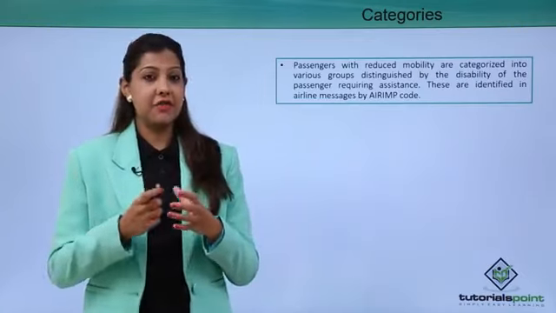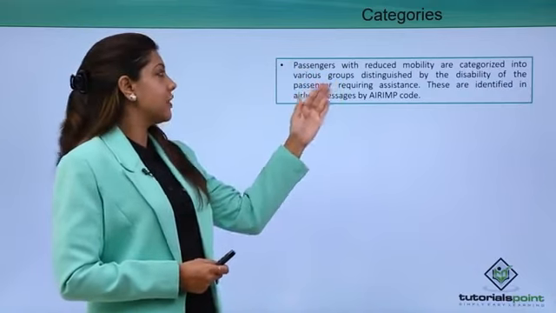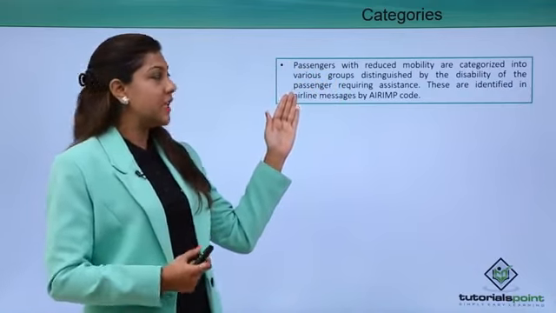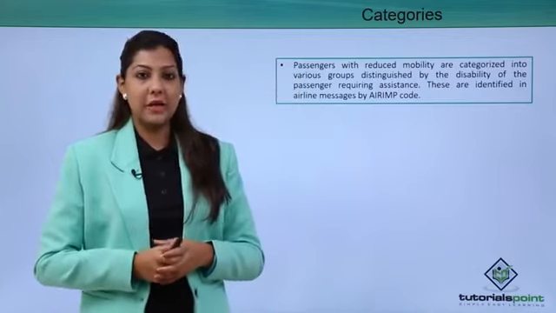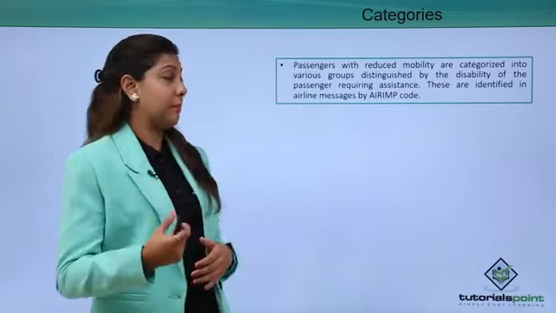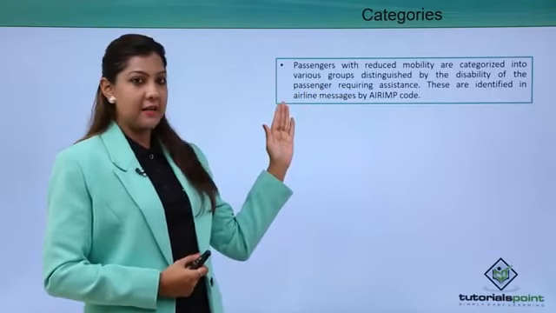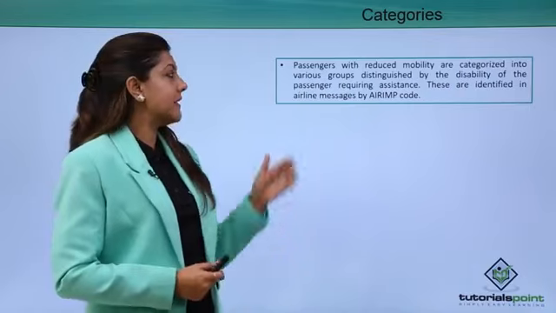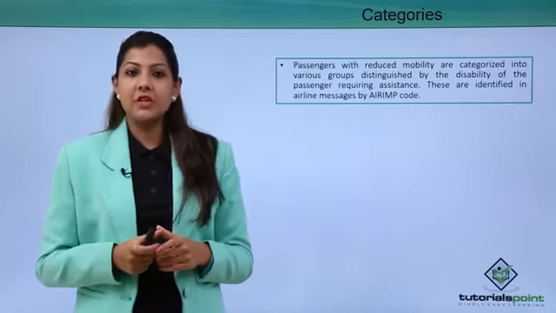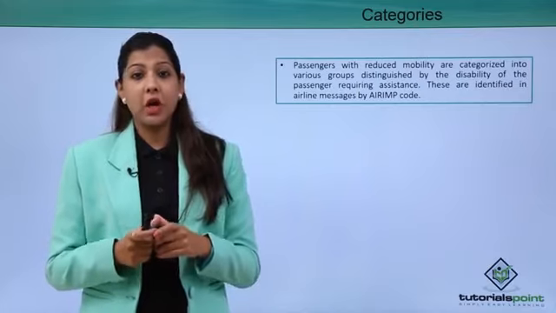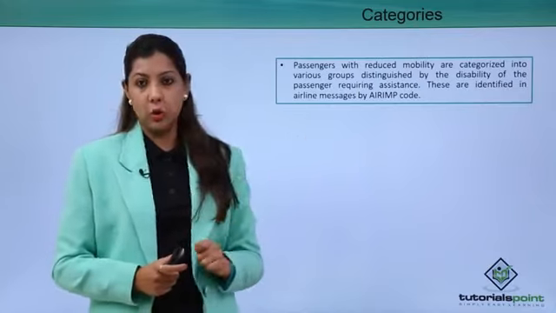Well, understanding the different categories, passengers with reduced mobility are categorized into various groups which are distinguished by the disability of the passenger who requires that particular assistance. These are identified in the airline by a code which is known as the AIR-IMP code. These codes are given to these special passengers because everybody in aviation will understand these particular codes,